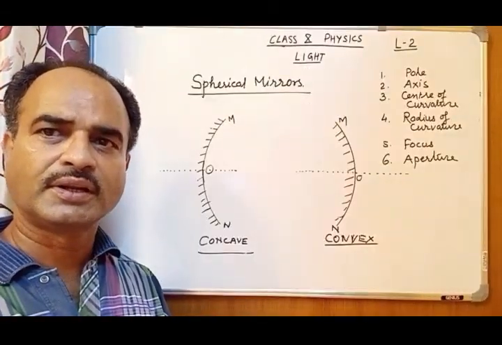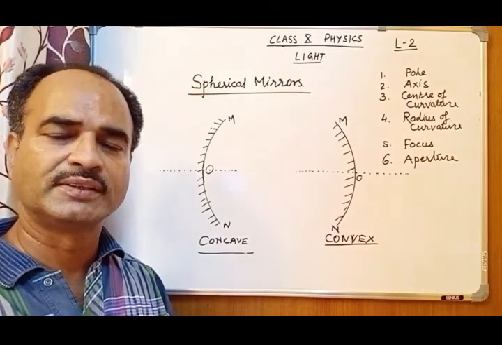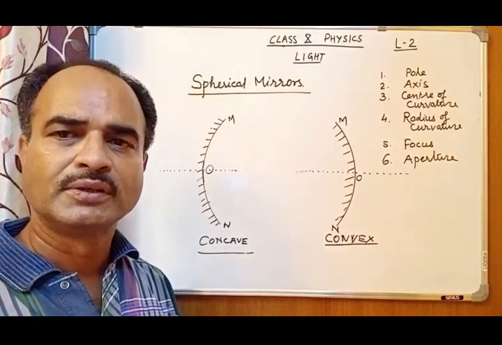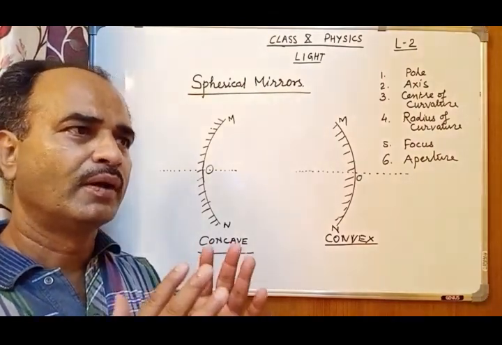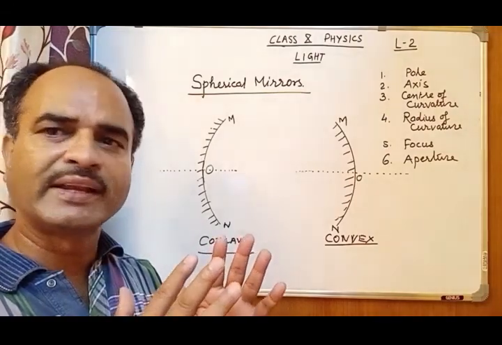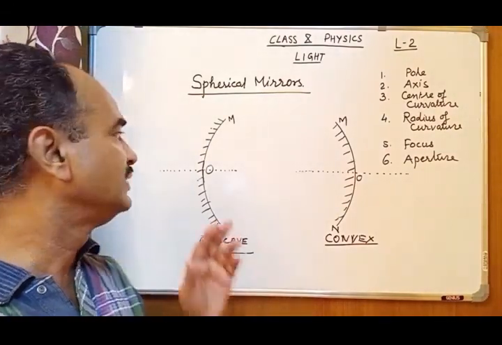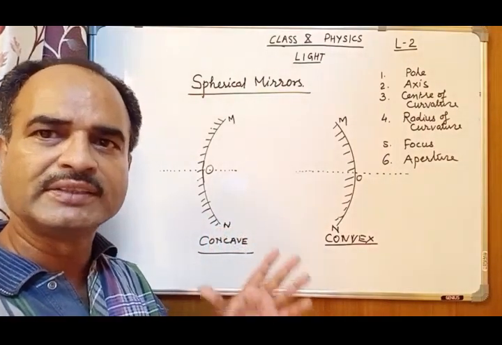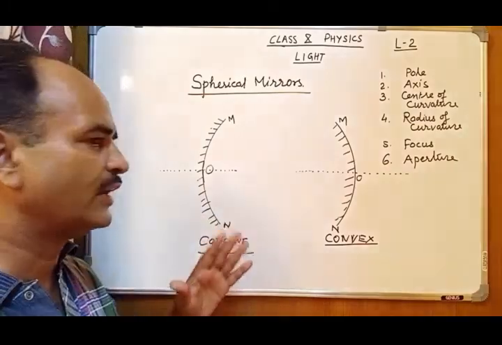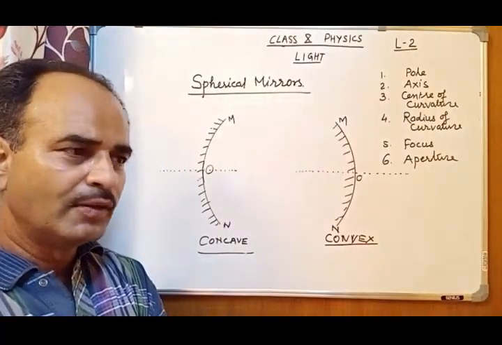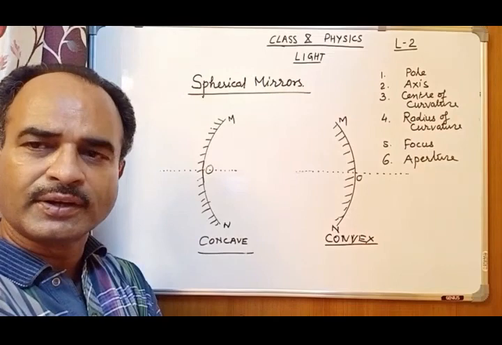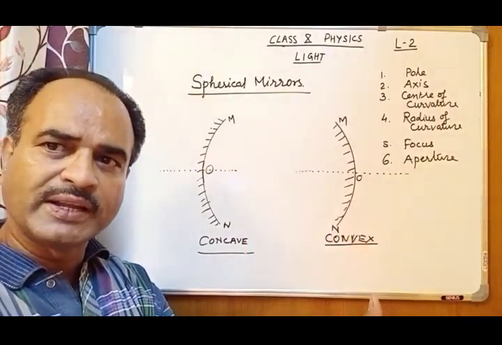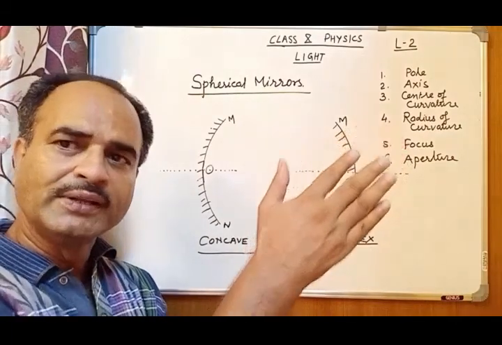Now let us discuss spherical mirrors. What are spherical mirrors? Spherical mirrors can be of two types. They are cut from a hypothetical sphere; they are supposed to be part of some hollow sphere. A hollow glass sphere is there. We cut it vertically, then you will find one chord separating a particular portion, that will serve as the